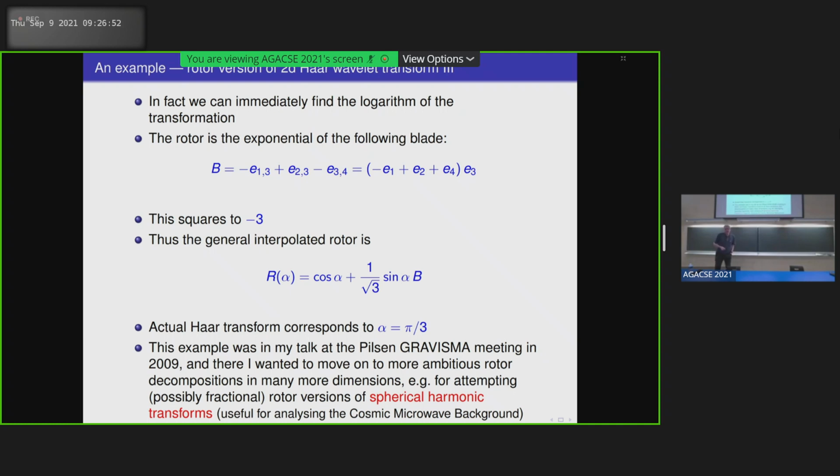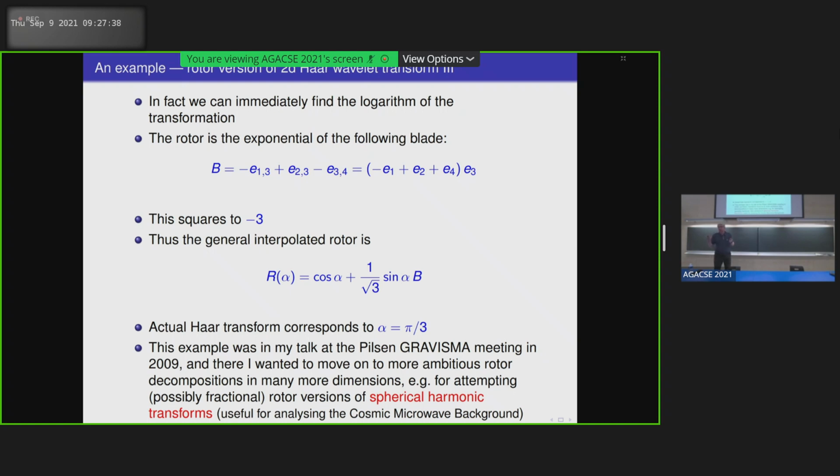So this example was, as I say, in my talk in 2009, and one of the things I wanted to do following this was move on to more ambitious rotor decompositions in many more dimensions, attempting possibly fractional rotor versions of things like spherical transforms. At the time, I was particularly interested in spherical transforms from the point of view of analyzing the microwave background around the sky. It's something that is very important numerically to be able to get fast versions of spherical harmonic transforms. And so what I was attempting to do was find a rotor version of spherical harmonic transforms, which you could then